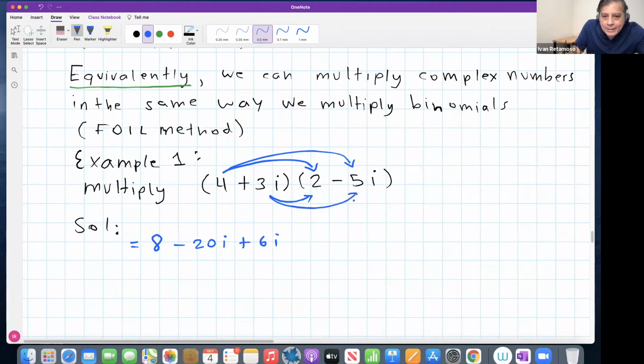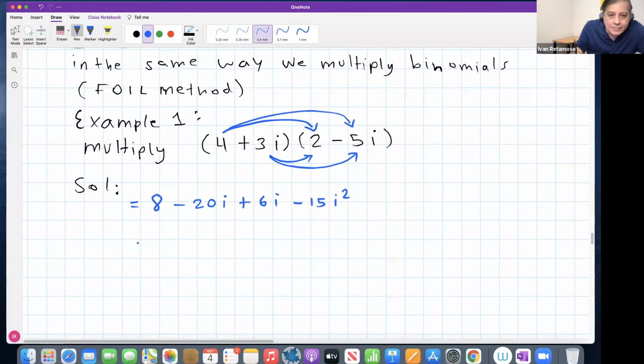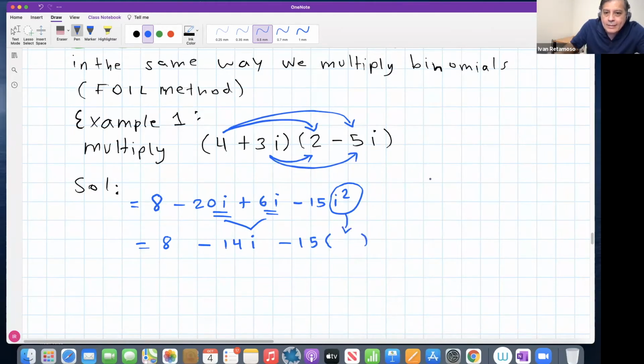And 3i times -5i. Be careful here. 3 times -5 is -15, times i times i, i squared. Follow, guys? Now, this is going to be 8. If you combine these two like terms, that's going to be -20 plus 6, minus 14i. And here, I want you to be careful. What is i squared? Anybody could tell us in the chat? Recall the square root of -1 is i, so then i squared is